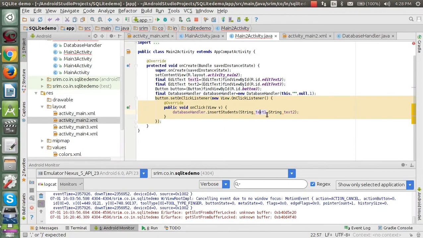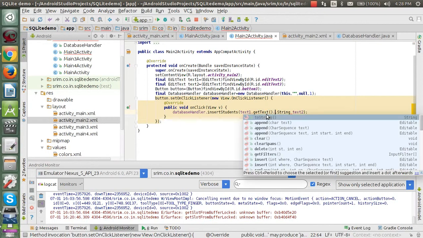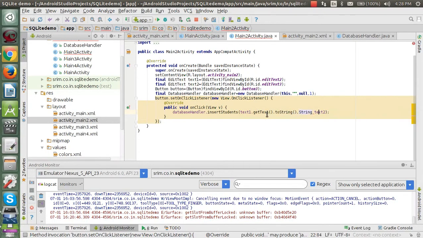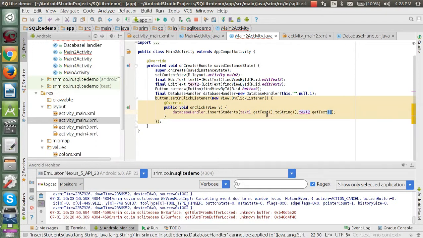We are doing this entire step wrongly. Now to string, and again we can't pass it by declaring it as a string. Get text to string. Okay,